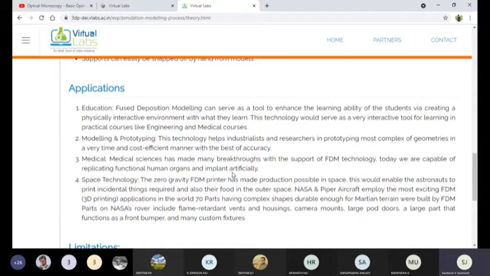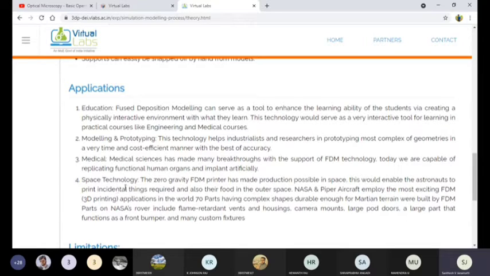So we can replace implants, and also some organs and dental applications. We are successfully using these 3D components or 3D products made by the FDM process. Most common human implants and organs are produced by these fused deposition machines.